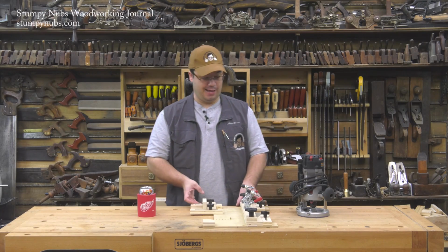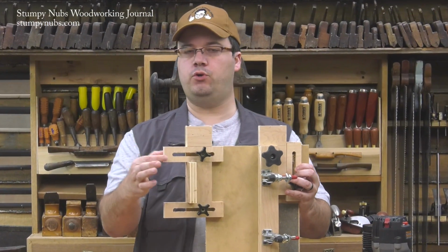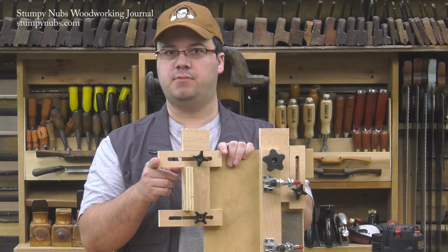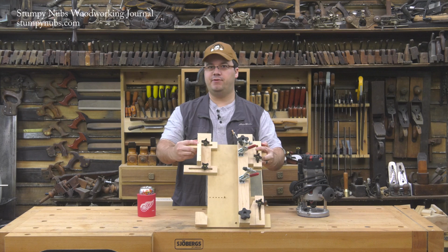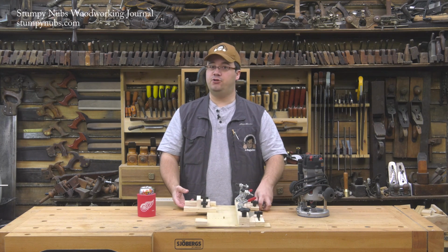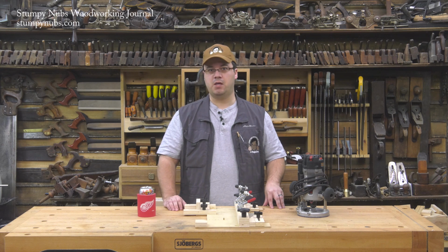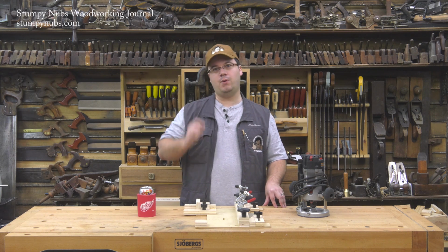Some furniture and a lot of woodworking jigs require slots that go all the way through a workpiece, but they stop short of the edges or ends. You may not have a use for this technique in mind right this second, but eventually you're going to have to do it. And if you don't do it properly, you can ruin your workpiece, or worse yet, injure yourself. So I recommend you watch this entire short tutorial and then you file it away in your mind for when